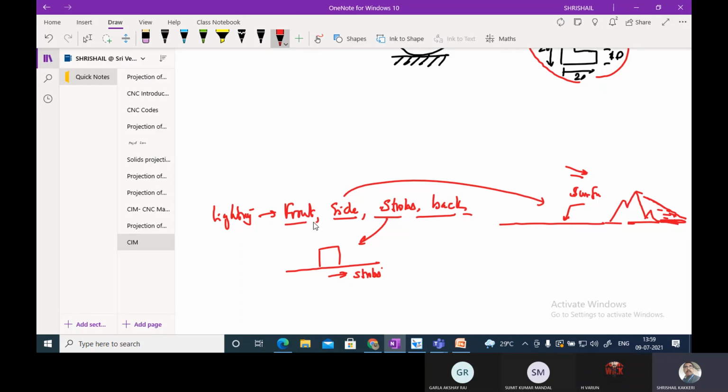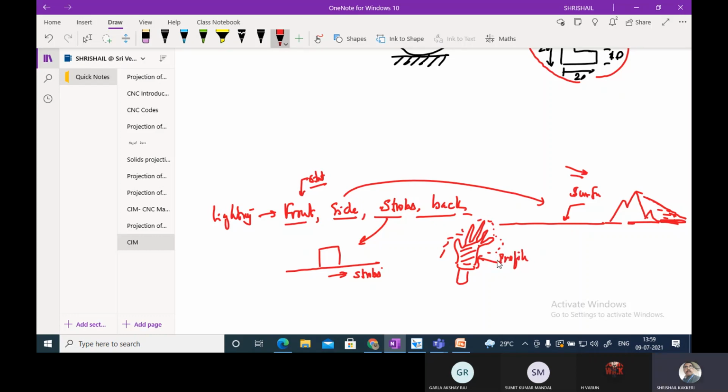And the front lighting technique will be used when you want to find out the microstructure, the structural properties. And the backlighting technique will be used where you are going to measure the profile. For example, my hand, you put it in front of light with a light at the back. What happens? Everywhere there will be light, and this particular thing will be dark, and I am able to find out the profile of this.